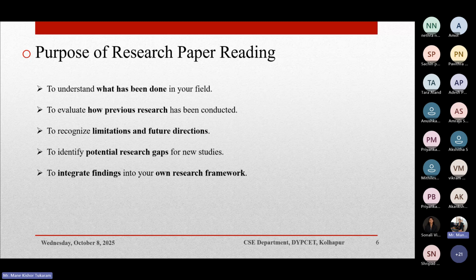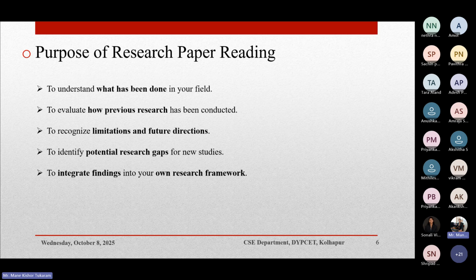Again, we can extract different features, including text features and n number of other features, and then pass that data to the training. While passing the data to the training, which features do we need to consider? Again, we can rectify that by using the previous research. Again, to recognize the limitations and future directions,